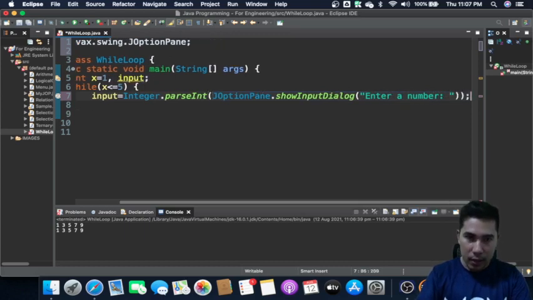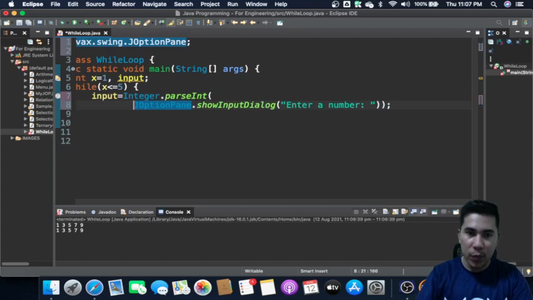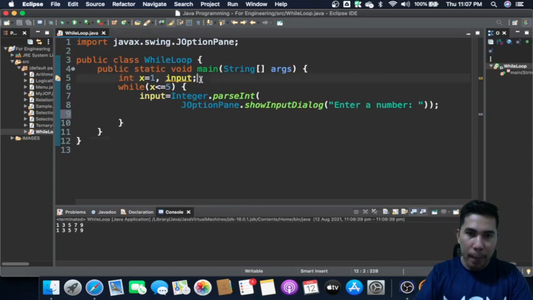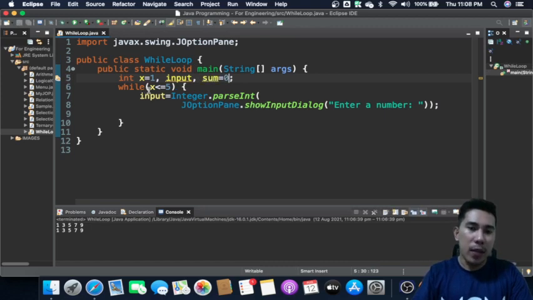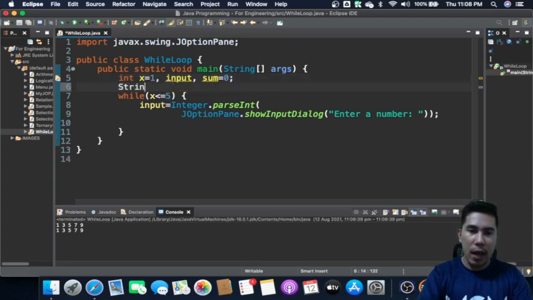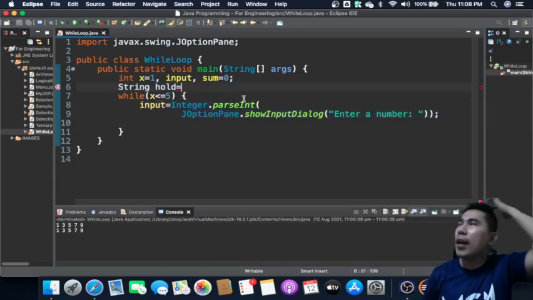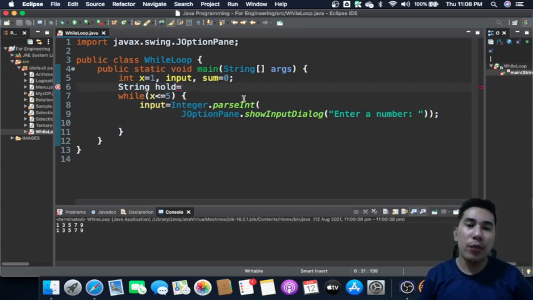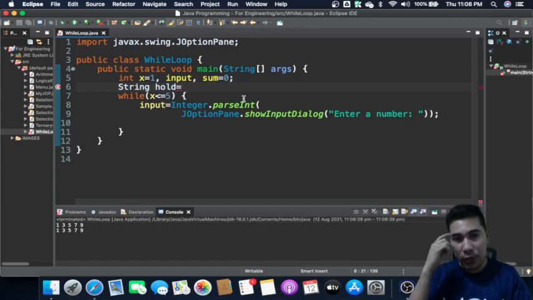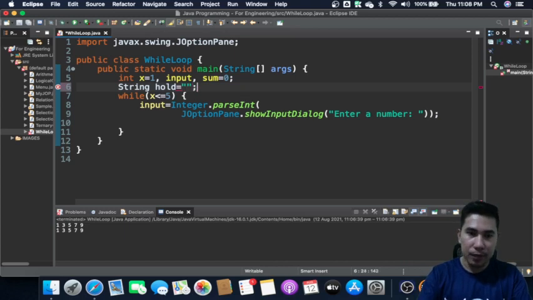And then I'll move this down a little so that you have a better view of it. After that, we are going to get the sum of the values entered, based on the 5 integers. We can also display the values using hold, because again we are using input dialog, so we have to get the values entered previously, so we are able to show the user what those values are.